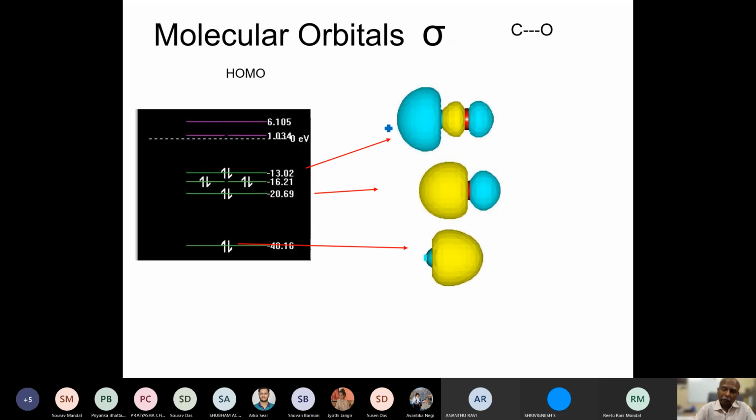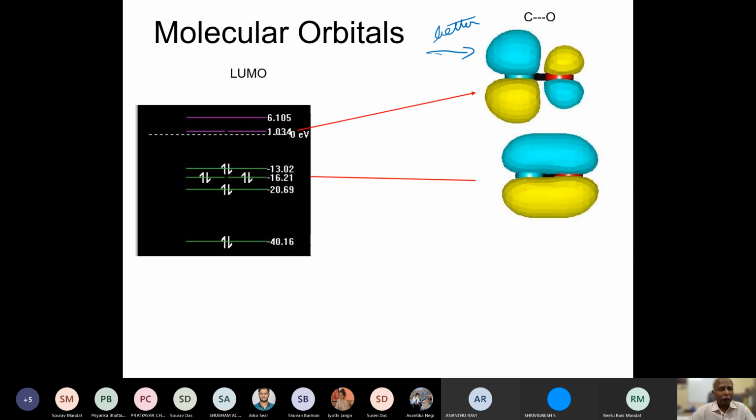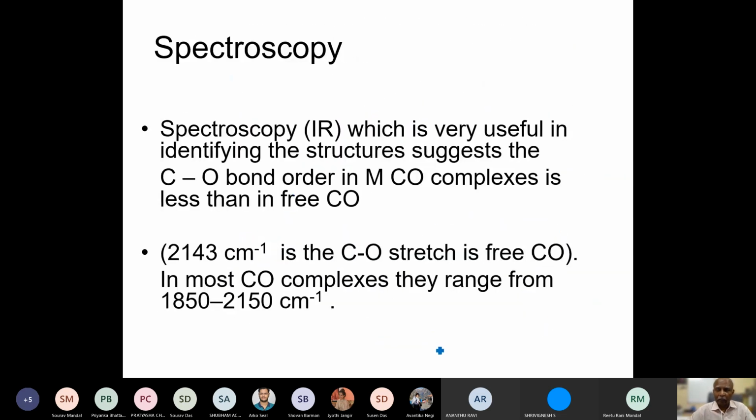So carbon has a larger lobe, so this interaction is better, and the pi interaction is also better. All interactions are maximized when you have MCO interacting the way in which it does. Okay, I'm going to stop here and I'm going to show you how you can use the orbital viewer program.